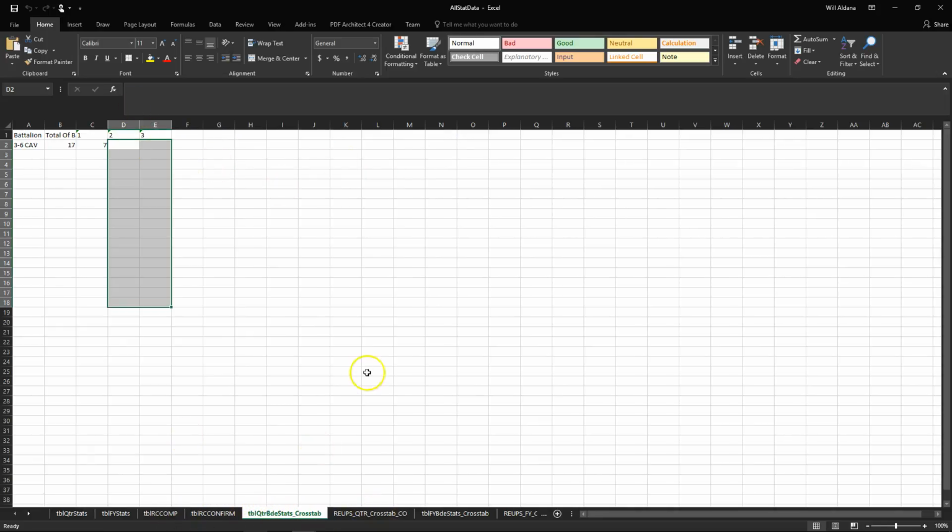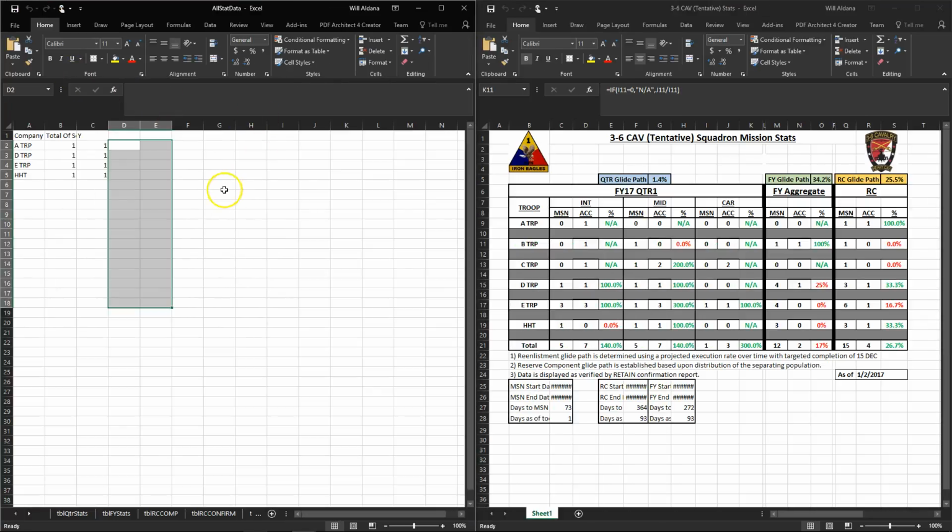So this is my quarter mission for the whole battalion, and this is by company. This is my FY by battalion, by company. What else? My RC comp by battalion, my RC comp by company, RC confirm by battalion, RC. You get the idea. So to connect this to this,